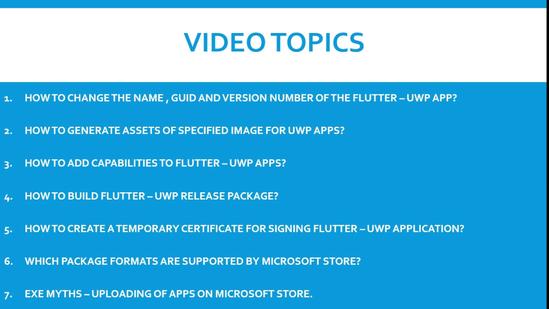You need to sign that package, and there will be 4 options: get a certificate from Digital Authority, from Azure Vault, and at the last you will get the option create. Click on the create button, and then enter the publisher name, that is your C and common name. After that, create the certificate, copy it, paste it into the runner_UWP folder, and replace the certificate with Windows_temporary key.pfx. So this is the procedure to create a temporary certificate.